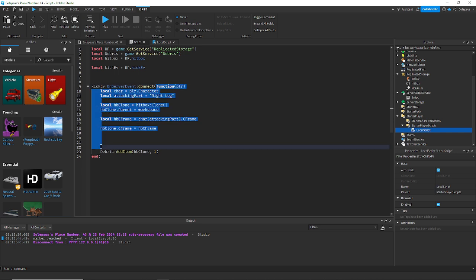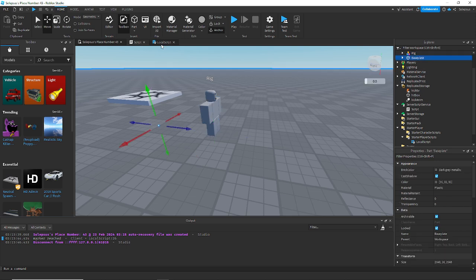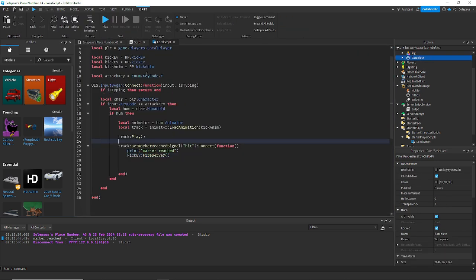fired, we run this little function here, and basically this will get the right leg of the character, the attacking part, and then we clone the hitbox, we put the hitbox in the workspace, and then we set the position or the C-frame, and the C-frame is literally just a better position. Well, I won't say that, but it is the position and rotation stored in an object, a physical object. So yeah,